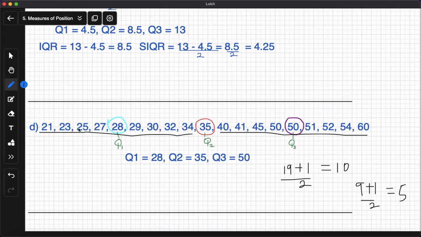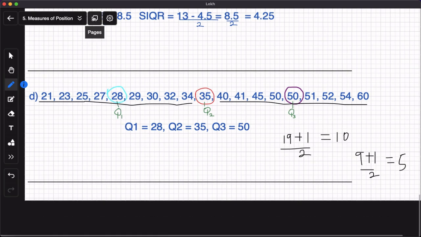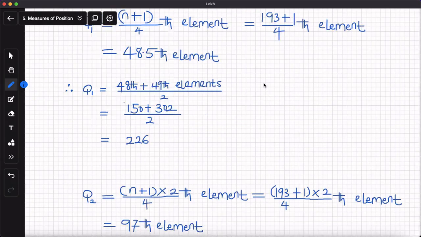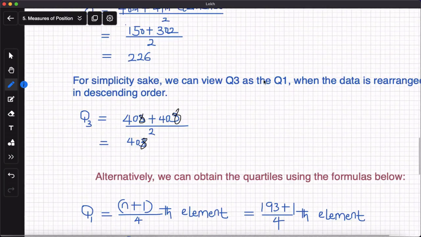Okay, so 1, 2, 3, 4, 5, that's 28. 1, 2, 3, 4, 5, that's 50. So this will be Q1 and this will be Q3. So that's how you get your quartile. But then we may use another method,